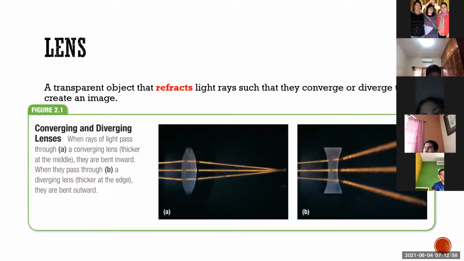Now, what is a lens? It's a transparent object that refracts light rays such that they converge or diverge to create an image. Now, when it says refract, what does it really mean? The refraction of light